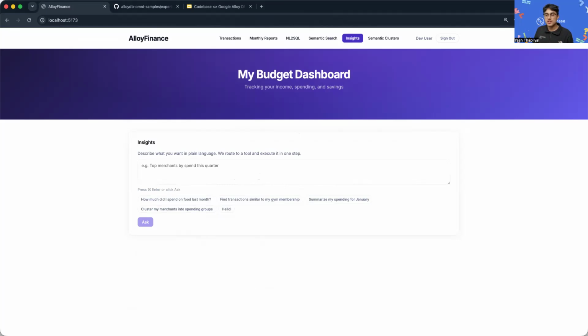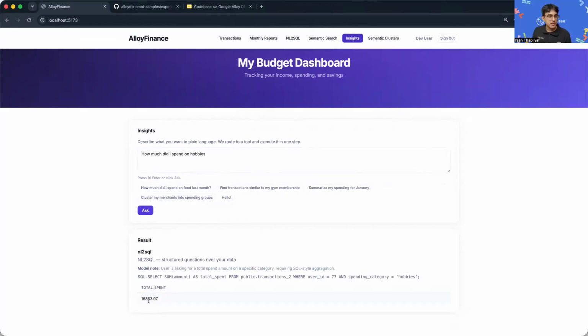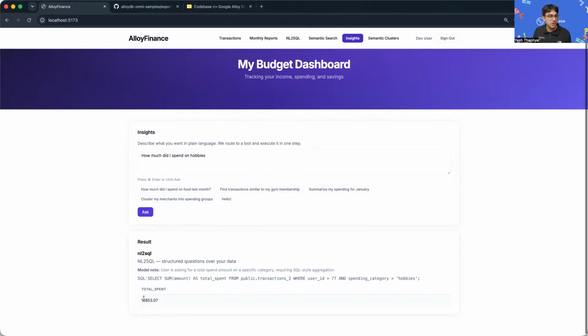So this way, we don't necessarily need to know, oh, this is a question that requires meanings. We can just send the query and let the model figure it out. So if I ask something like, how much did I spend on hobbies? Since this is a question we can answer by querying over structured data, it should route to the NL2SQL tool. And we can notice that it returns the SQL that it ran, as well as the result, which